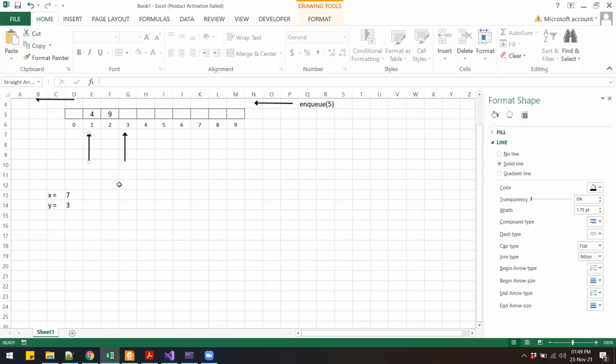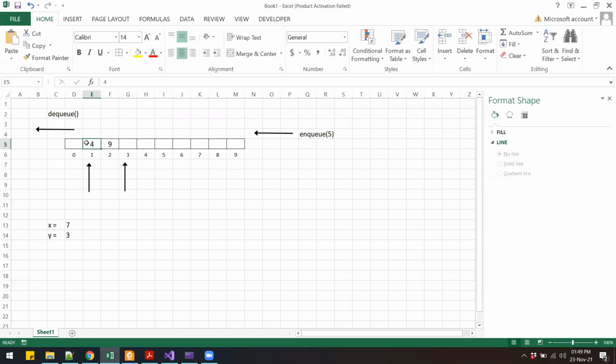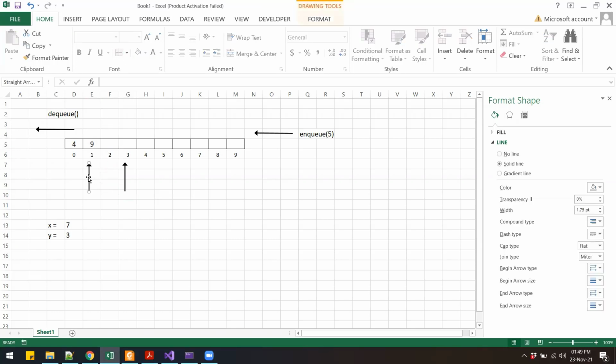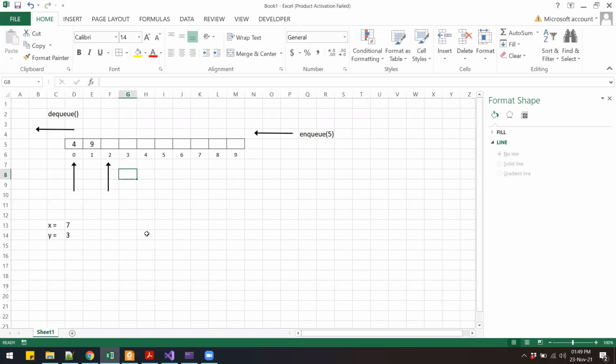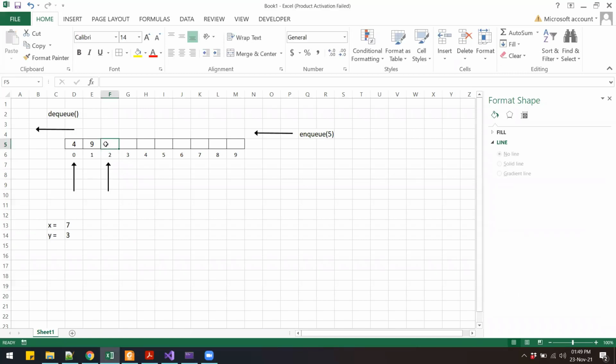That means we will have to shift the entire queue to the left. So that will shift, and so will the pointers, right? Something like that. So now the front is pointing to 4 and the rear is pointing to the next empty slot after the last value.